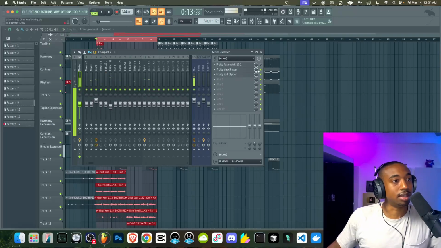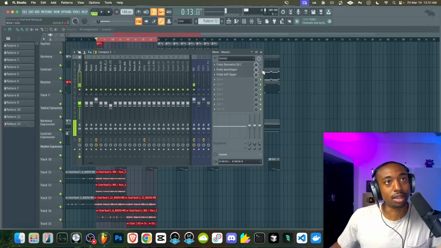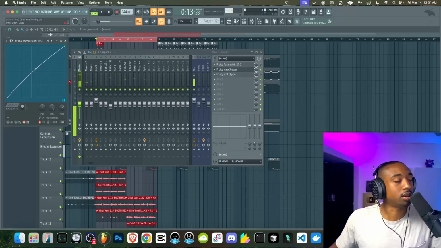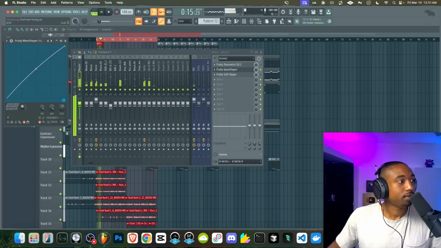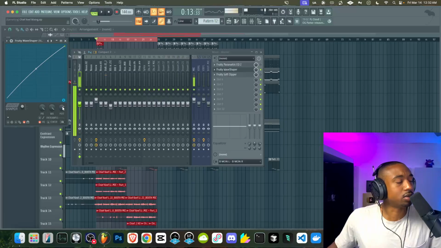So the key is to listen to the kick. As soon as that kick starts to lose its boominess, sometimes you get oversaturation to where it sounds like it rips the kick apart. Let me exaggerate so I show you guys what I'm talking about. If you turn the post level down, for example, and turn your pre-level up, we're going to drive more volume into this effect, which means it's going to sound crunchier. See how that kick goes pow, pow. That boxiness, I don't necessarily like that. Even in my voice, it sounds super aggressive.